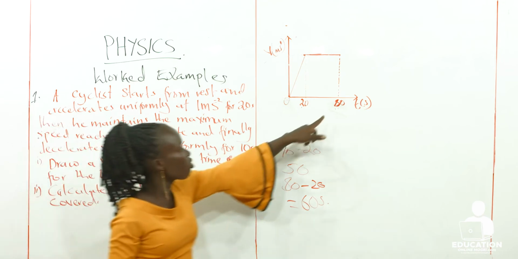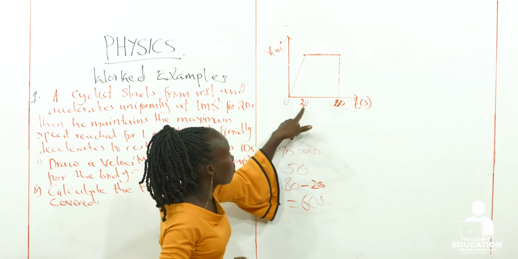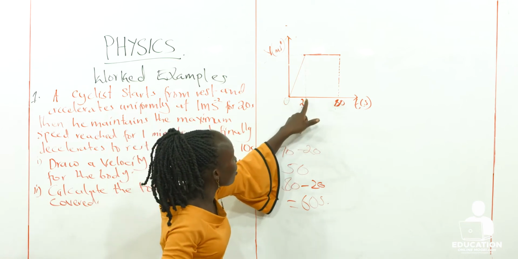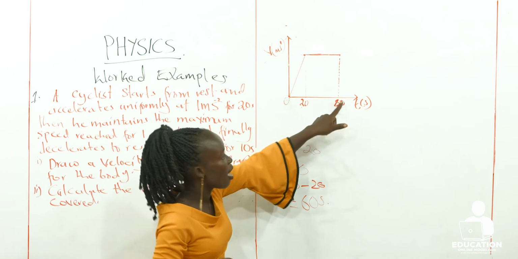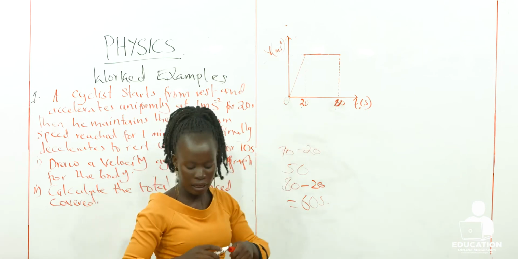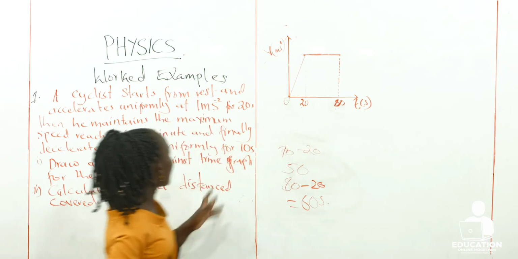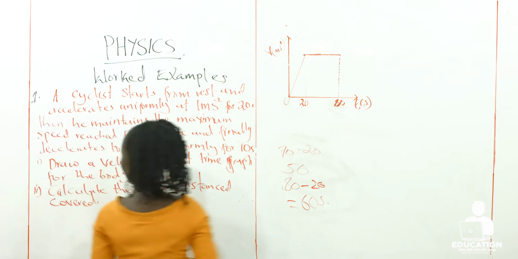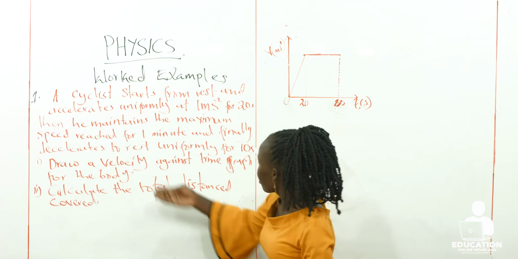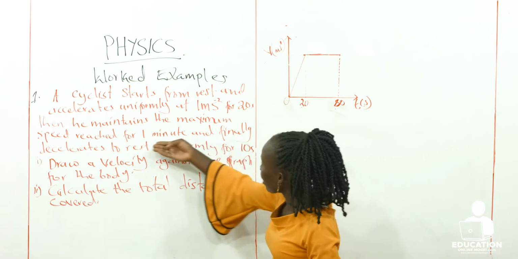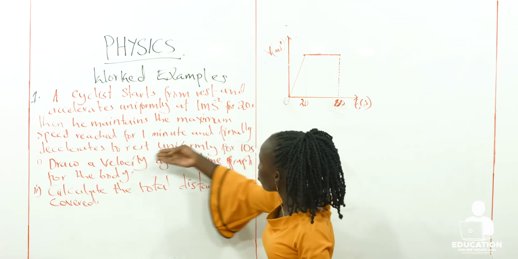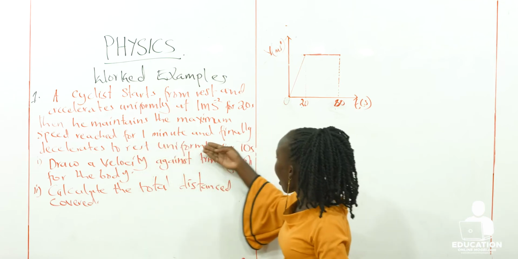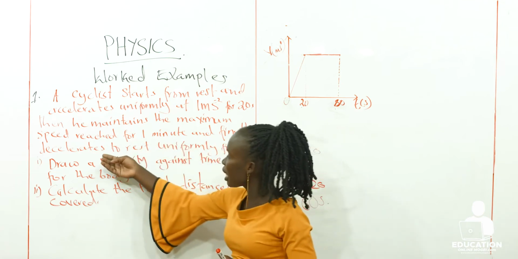So when you have your 60, your 80, you subtract 20 from it, you see that the body moved from here up to there at a time interval of 60 seconds. So what happened again after the body attaining a steady speed? After that, maximum speed reached for 1 minute, and finally decelerates to rest